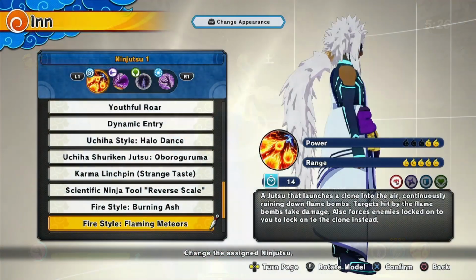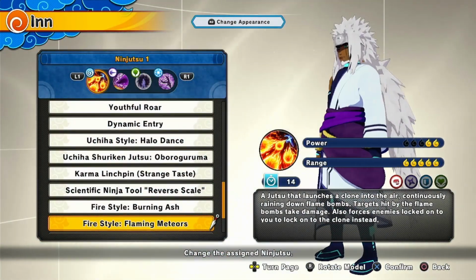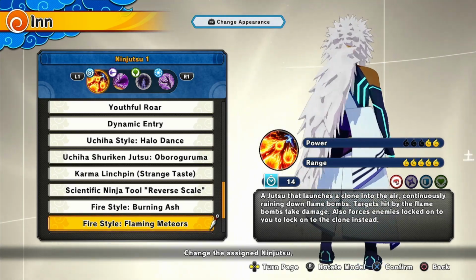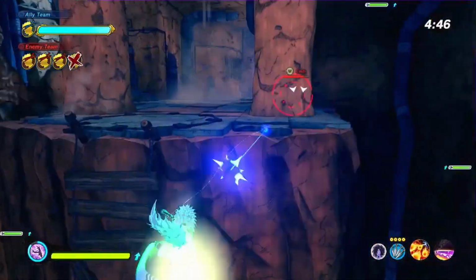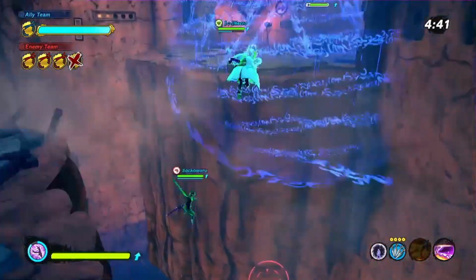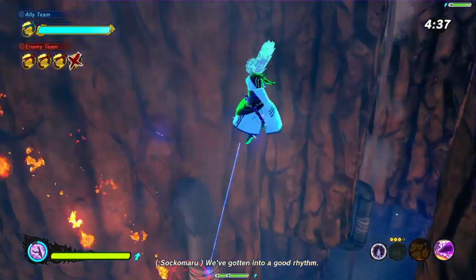It says a jutsu that launches a clone into the air, continuously raining down flame bombs. Targets hit by the flame bombs take damage. Also forces enemy locked onto you to lock onto the clone instead. So yeah, this is just to be more evasive as a ranged, like playing at a distance. So I can use this, pop this, back up, and then shoot the True Seeker orb, the Gallic gun at